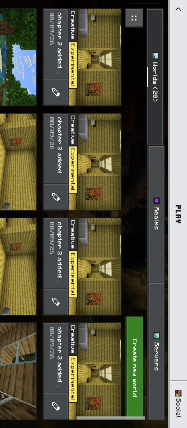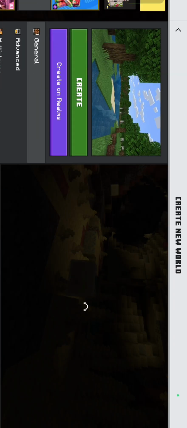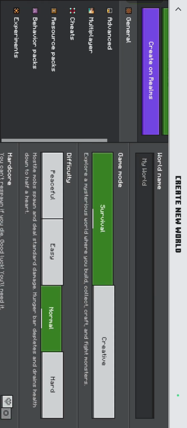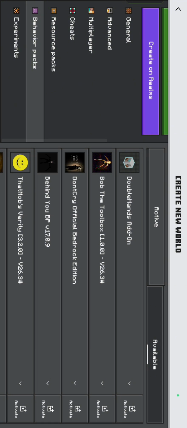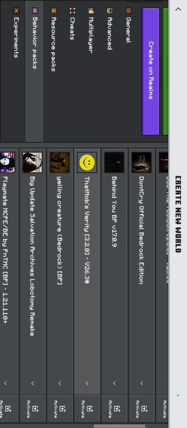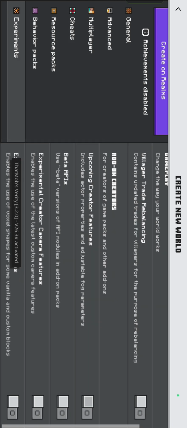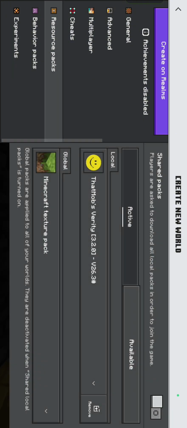After that, it will import it. Mine didn't go because I actually removed Minecraft, but I already got the mod, so don't worry. And if you got the mod, make sure to turn on the beta APIs. Sometimes they need it so you can see the mod.